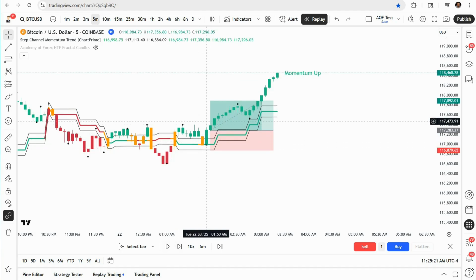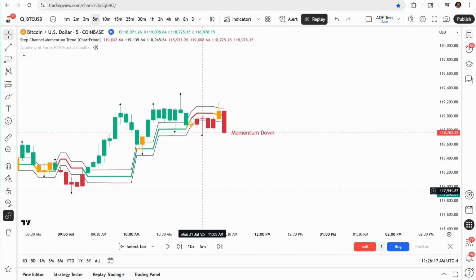And you can see this really nice push to the upside, getting us to our take profit. And for a short trade, what we are looking for is when we get red candles. We're then looking for price to pull back into the channel with at least one orange candle. And then we're looking for the candle to break to the downside, break out of the channel, close below the